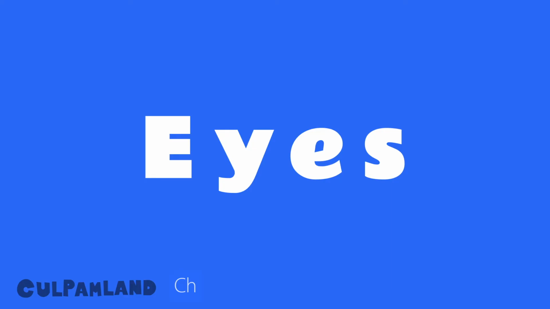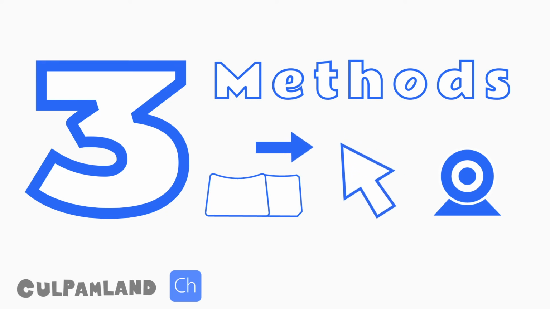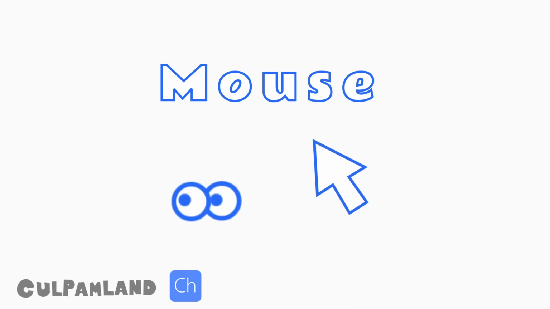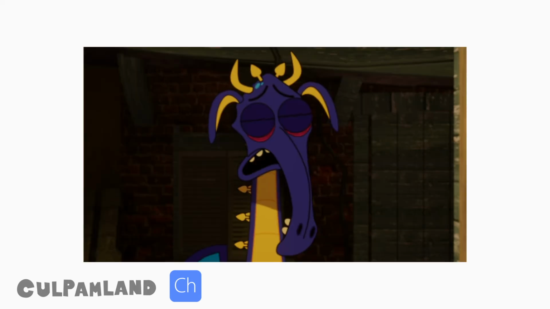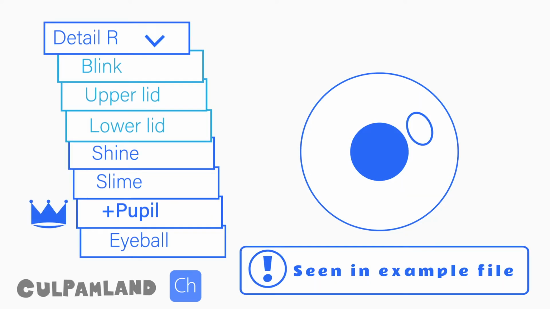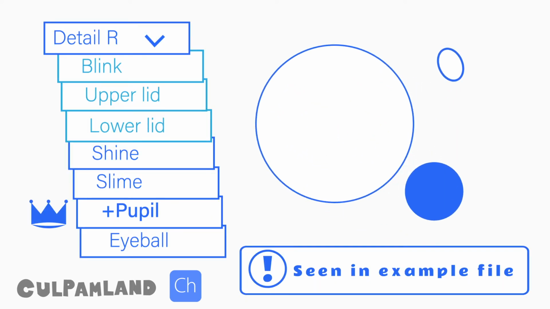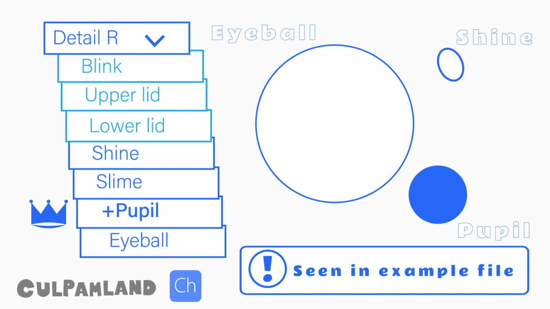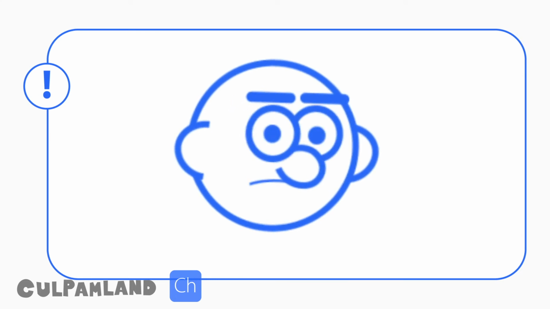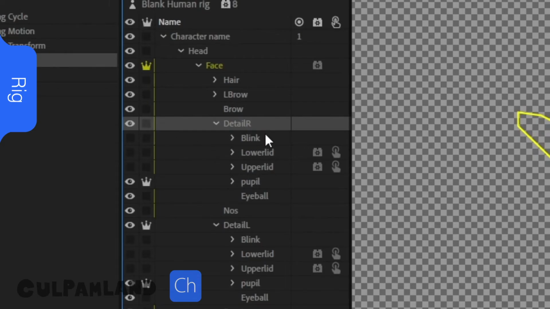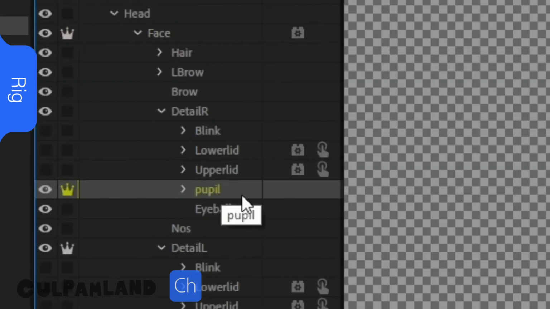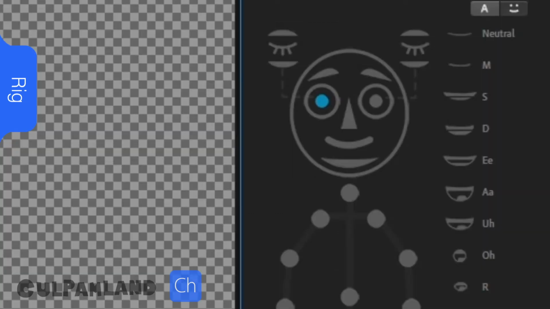Now we'll focus on the eyes. There are three ways to animate the eyes: motion tracking, using your eyes through the webcam; mouse, using the direction of the mouse cursor to navigate the pupils; or, the one that I use, keyboard, using the arrow keys. You'll notice that the file uses detail R or L instead of naming the group I. This is to tackle an issue you may encounter: the entire group blinking and stretching like a balloon. Inside the group, the layer that's assigned to I is the layer eyeball. As the pupil has its own behavior, ensure you crown the pupil and assign it to the wireframe.